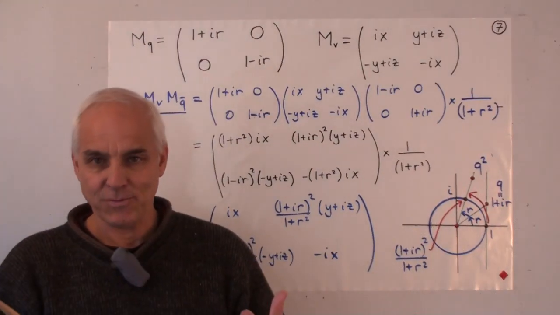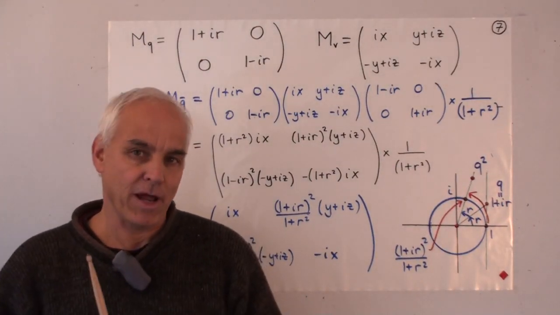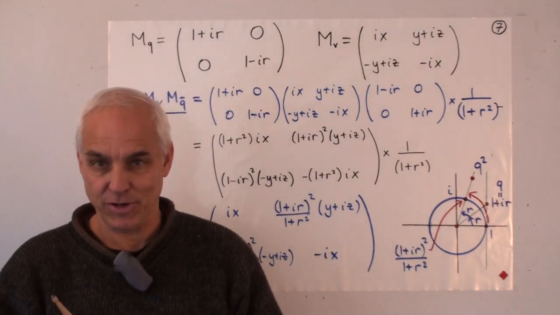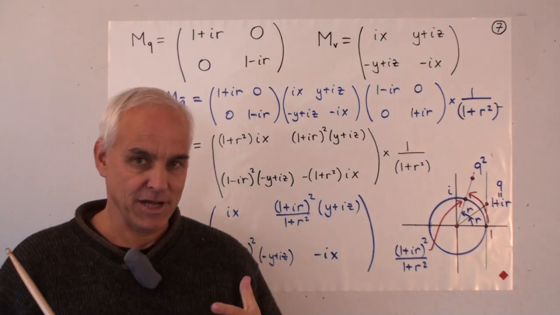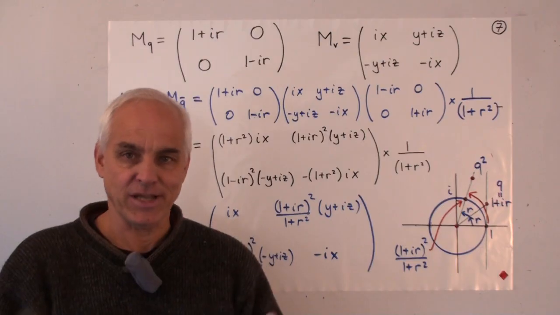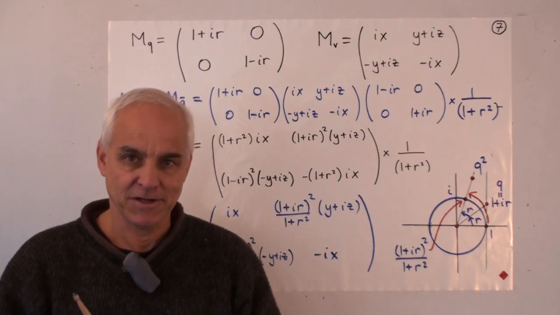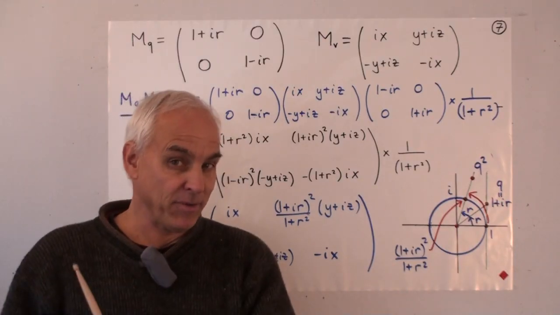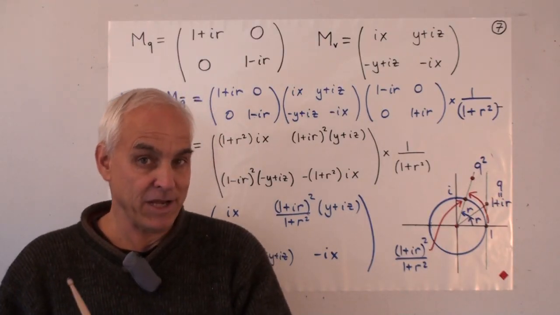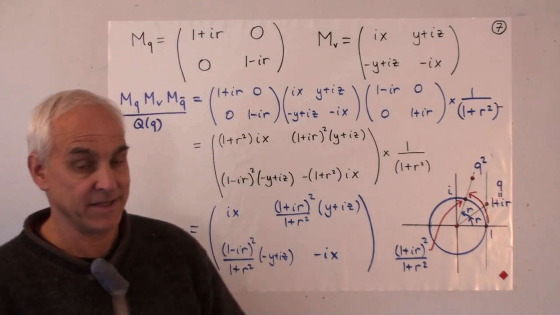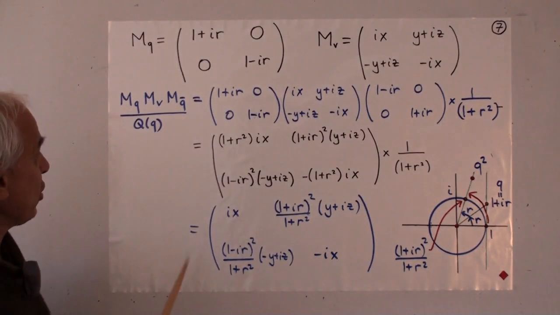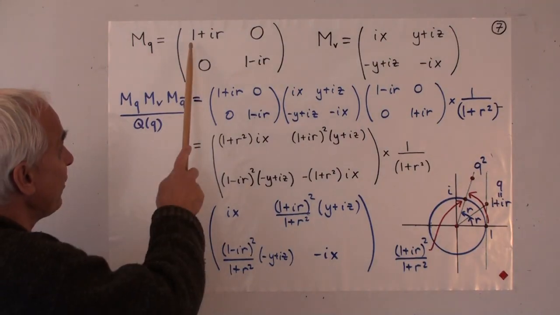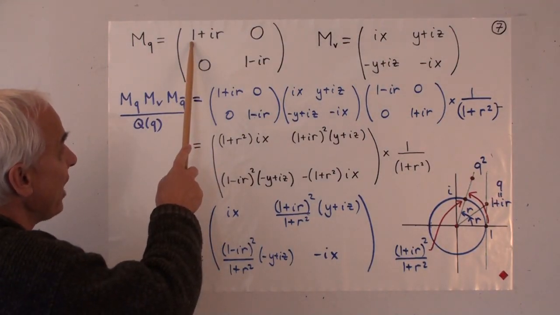So let's have a look at what the workings of that example look like in terms of these 2x2 matrices that we like to associate with quaternions. That allows us to do the calculations in a 2x2 matrix framework, which is much more convenient than a 3x3 framework that we would get from linear algebra if we did things in the standard way. So with the particular quaternion that we're looking at, it was 1 plus R times L.